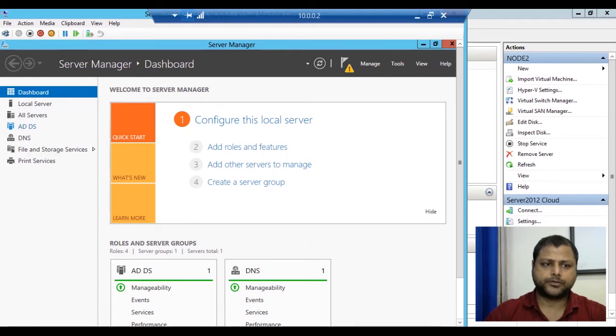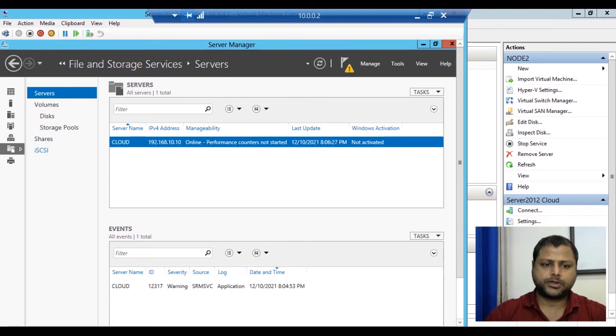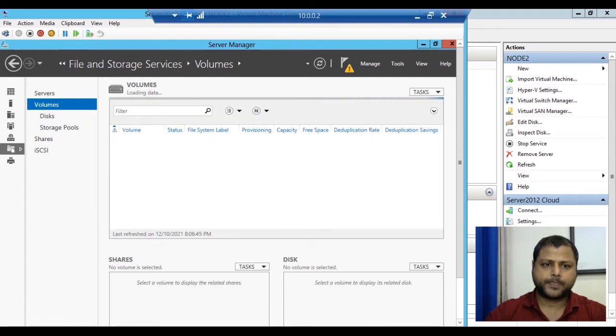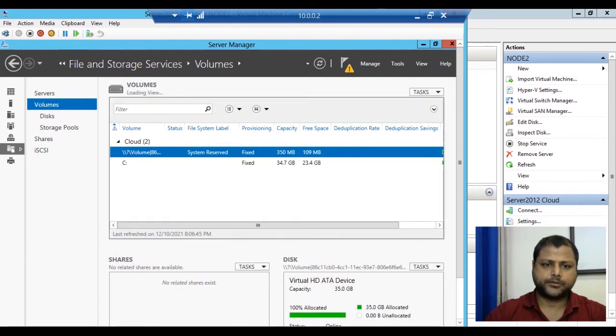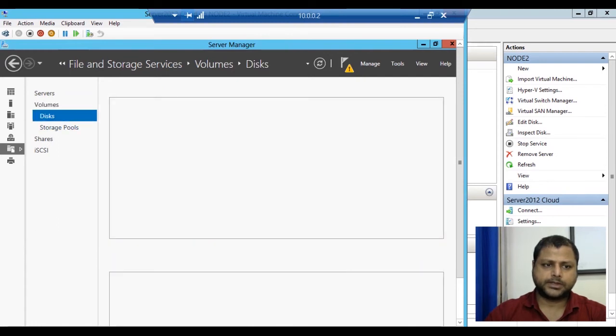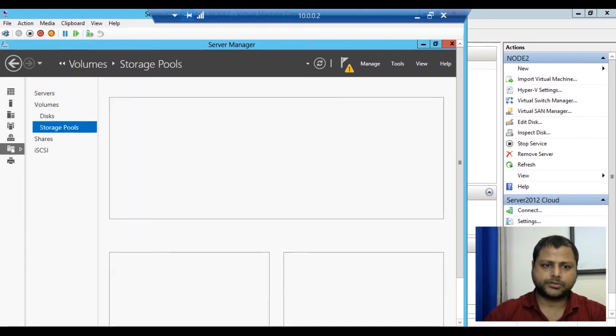Now we'll go for the storage. You can see that we have File and Storage Services. We'll click on storage, and we have the volume features. In the volume tab, we can see the status of the volume. There is a C drive already, and within the disk we can see that the 5 GB disk has come, along with the 35 GB.